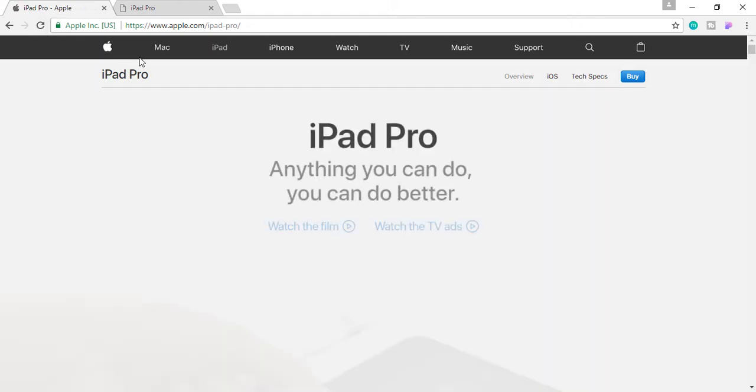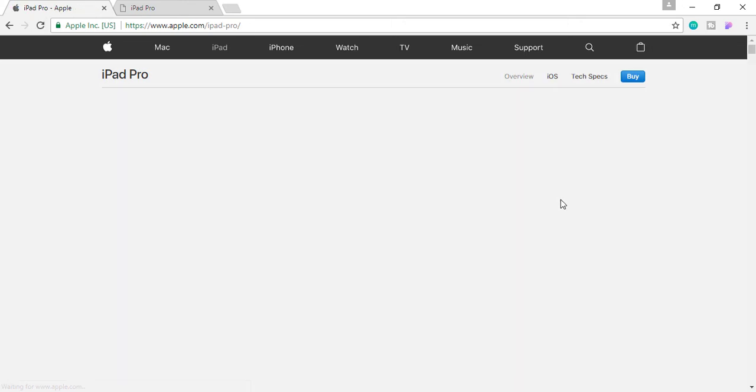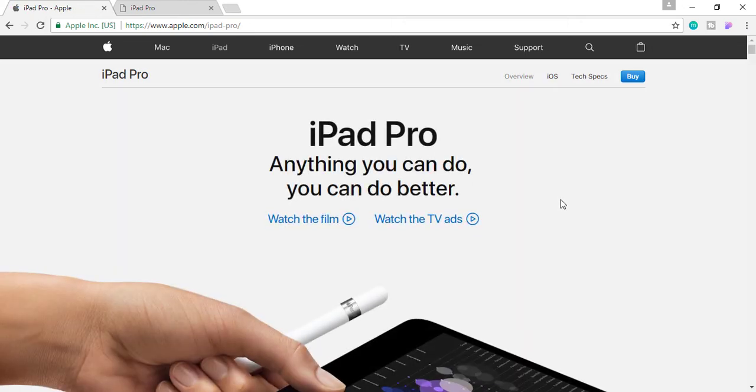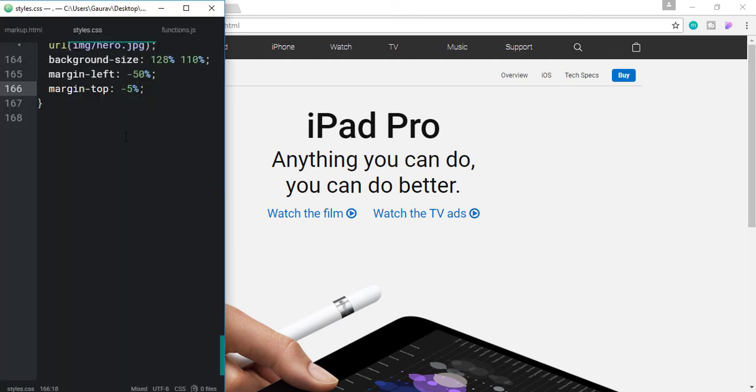What's happening is, by default they have moved to the bottom, and when the page loads they are going back to top. So first we need to move them to the bottom.